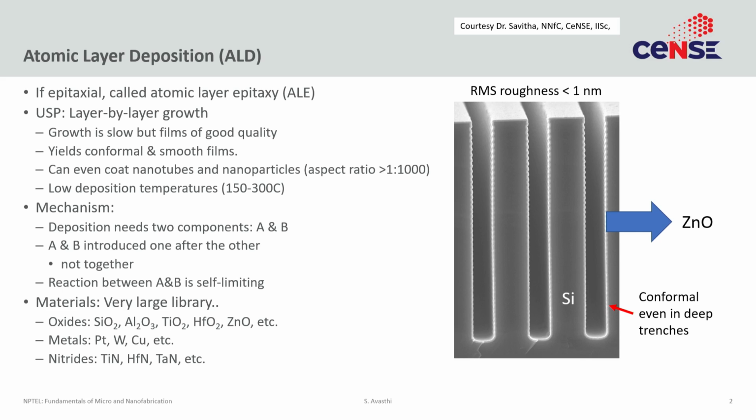If you look at the figure on the right, you can see very deep trenches that have been etched into silicon. How we do these deep trench etchings is something we will understand when we do subtractive processing. It's done by deep reactive ion etching. You don't have to understand that for now. You just have to notice two things. One, the aspect ratio of this hole is very high: it's very narrow, but it's very deep.